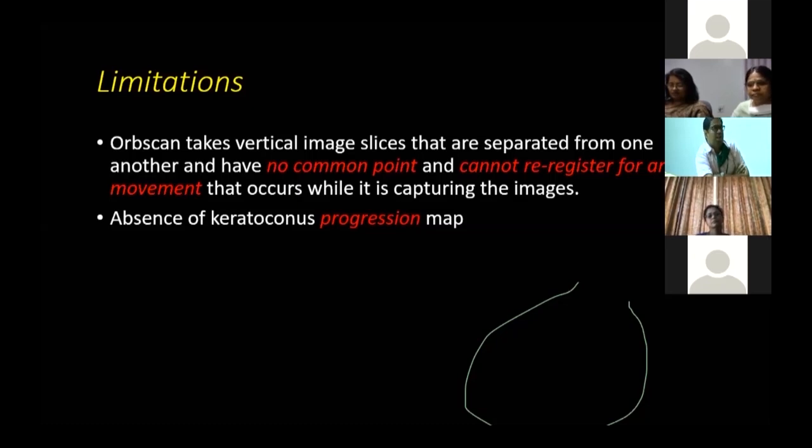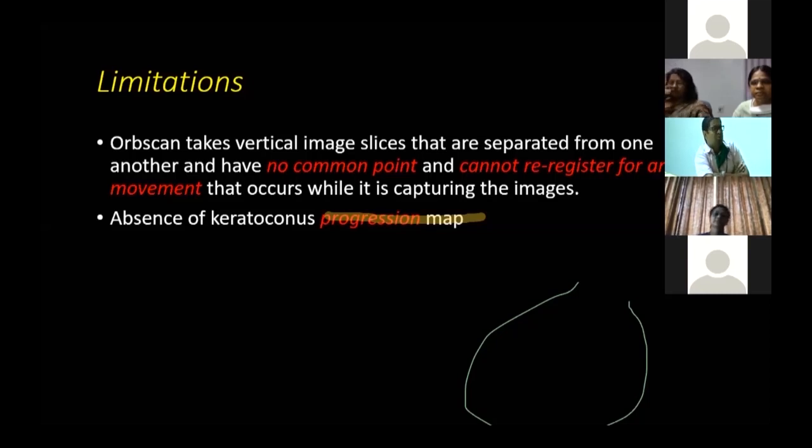So in a case where you have already done a regular or repeated OB scan, you should go for a Pentacam to see the progression. And always we need to compare map to map. We cannot compare a map from TOMEY or Optikon with the OB scan, or the OB scan with the map from Pentacam. So Pentacam has to be compared with Pentacam, OB scan has to be compared with OB scan, and every system has got its own readings and own limitations.